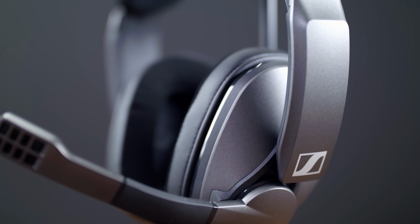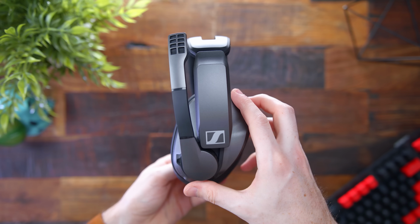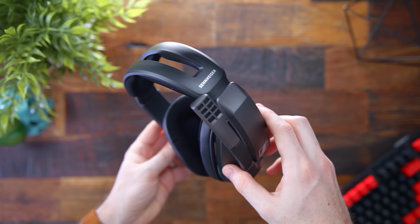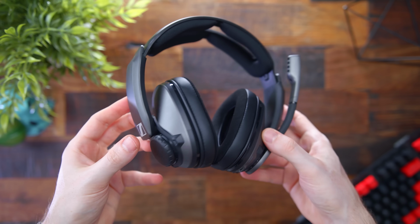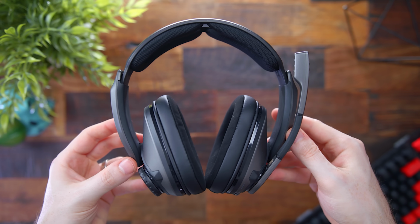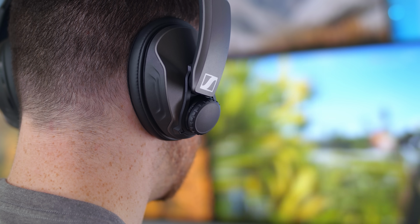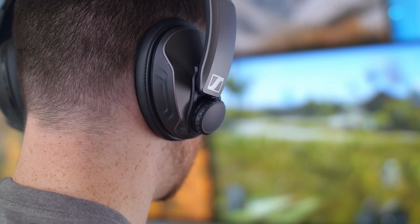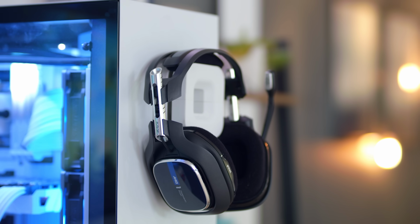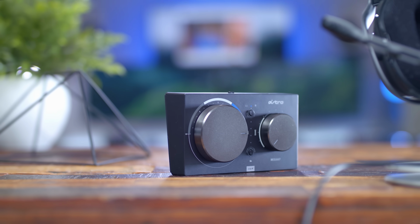Then is the Sennheiser GSP 370. A wireless headset from a company like Sennheiser is obviously going to mean it sounds godly, and it does. But the reason it deserves mentioning is the 100-hour battery life. That is insane for a wireless headset. 100 hours. But what else is insane is this mic quality. It's not bad, it's straight up booty. This is $200. Then the last honorable mention is the 2019 Astro A40 TR wired headset with their Mixamp Pro